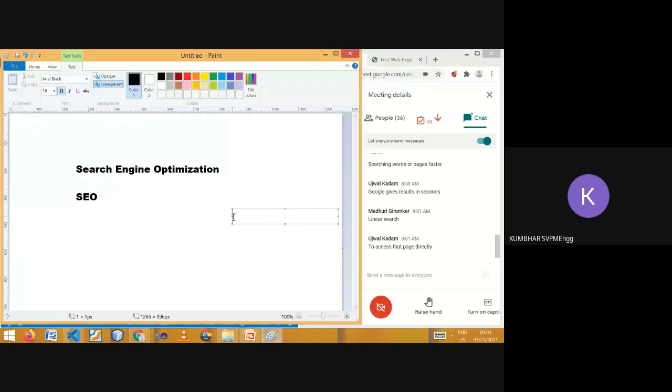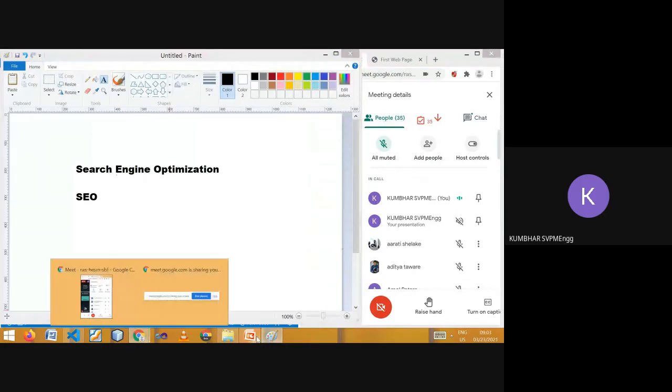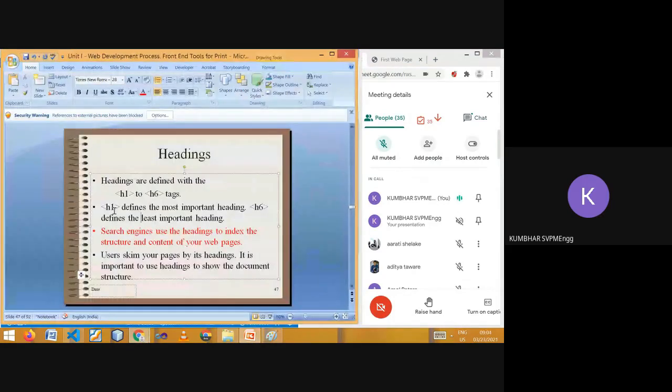Now, what is search engine optimization? In our web page we should help that search engine such that it can index our page. If our page is indexed properly, the search engine will definitely reach us fast. So, what does search engine optimization do with heading tags? Google opens the pages, and one of the elements it searches is heading tags, and according to the heading, that page is indexed.